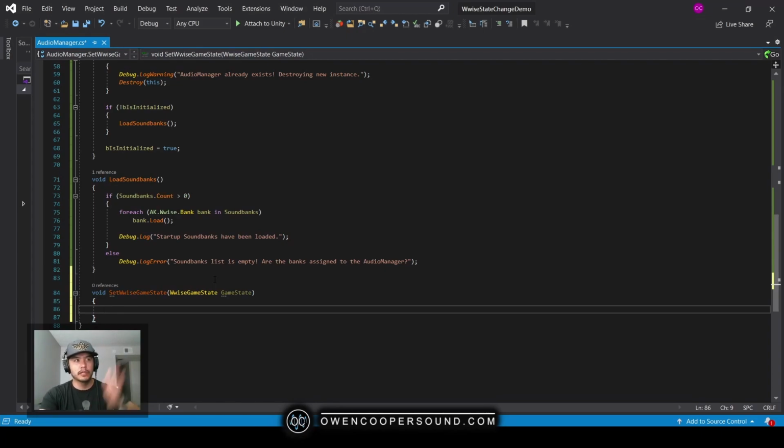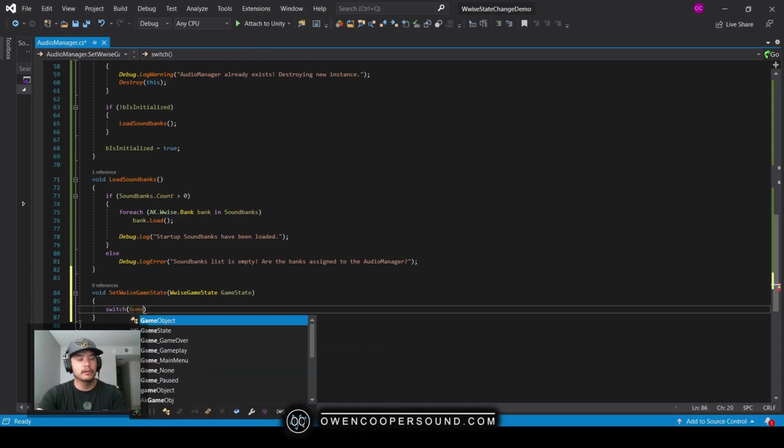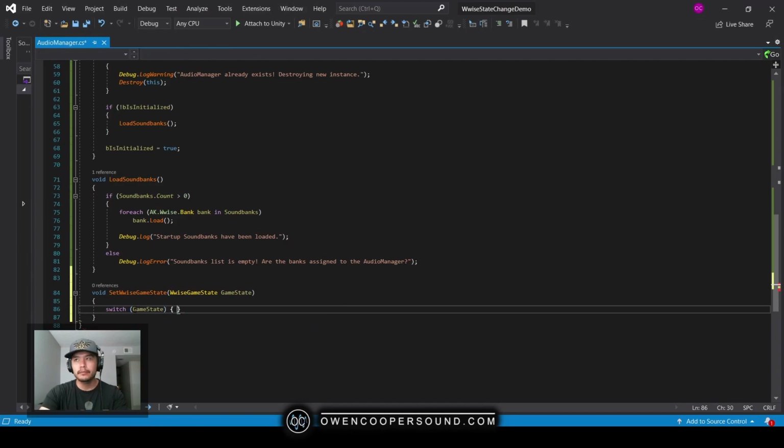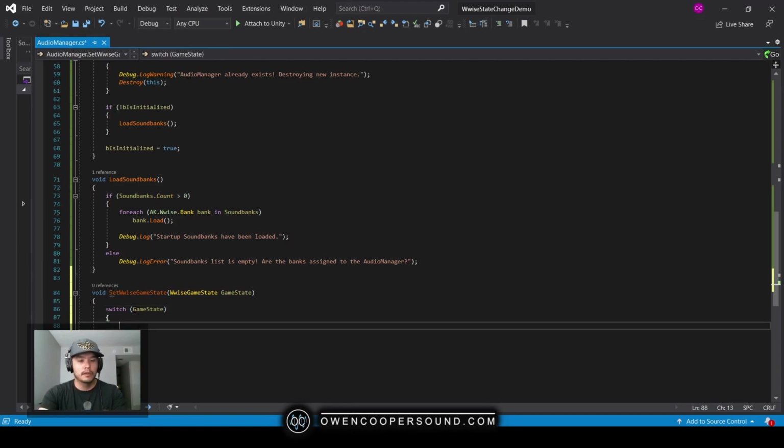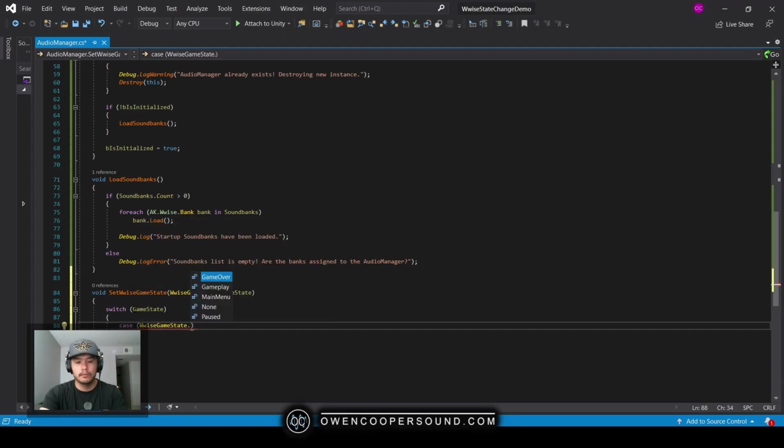And what we're going to do here is set up a switch logic that will check what enum value we're at, and then based on that, set which state variable to load that we have already assigned at the top. So I'll go ahead and set that up. We have a switch that's going to be looking at the value of gameState. So as our first case here, we have WwiseGameState.MainMenu,